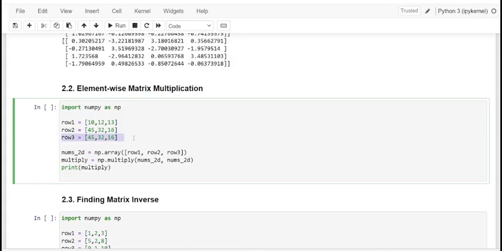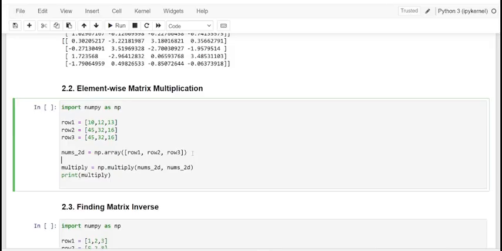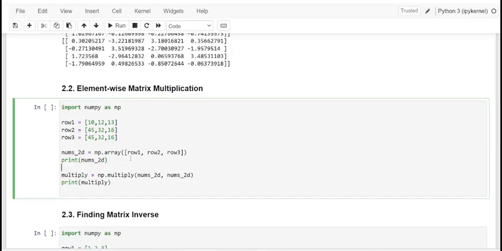Let me just have our two-dimensional array with these elements, row 1, row 2, row 3. Kindly have a note of it, we have it in 2D, and then we go for the multiply function, where this function multiplies the matrix by itself, as an element-wise multiplication. This is one 2D matrix with row 1, row 2, row 3, multiplied by itself, that is element-wise multiplication.